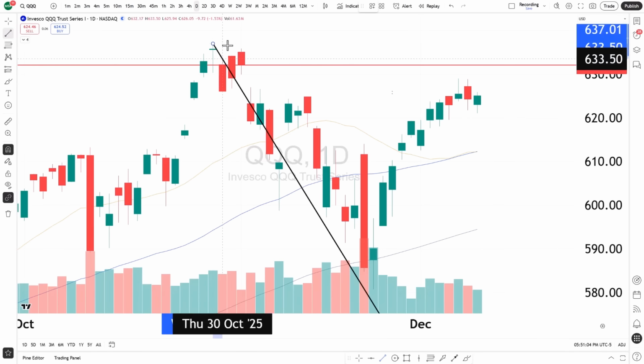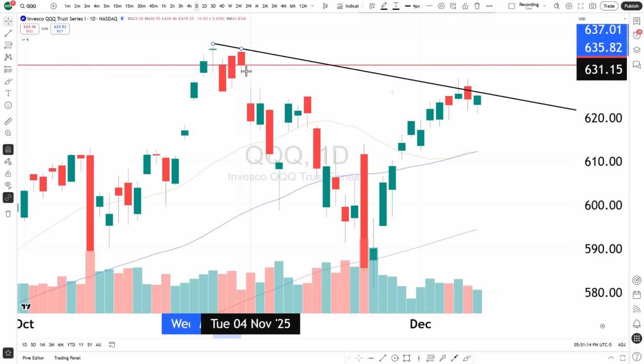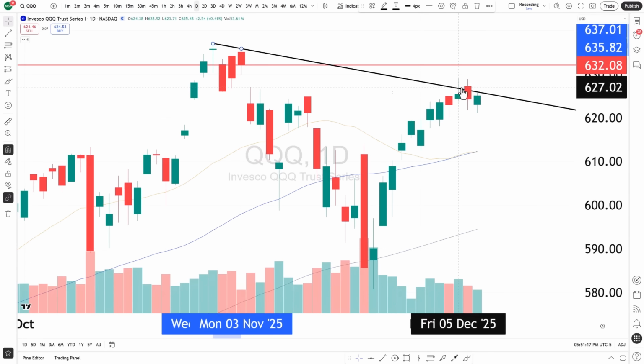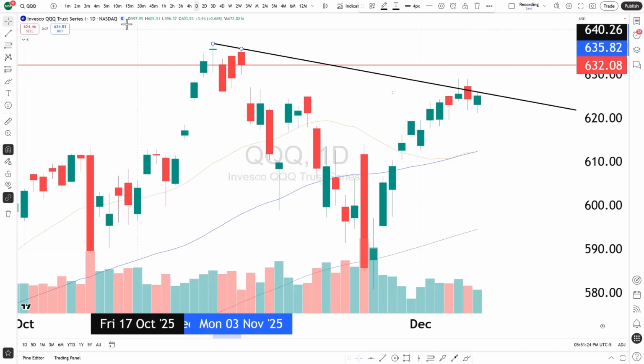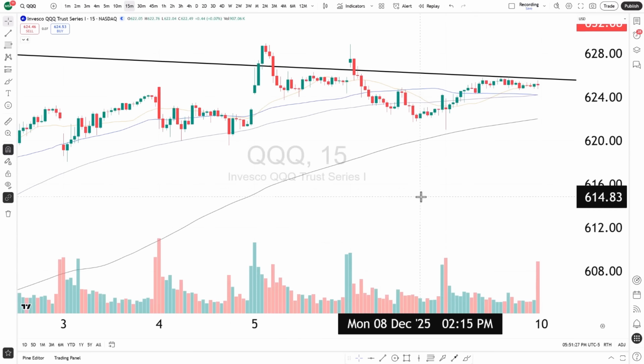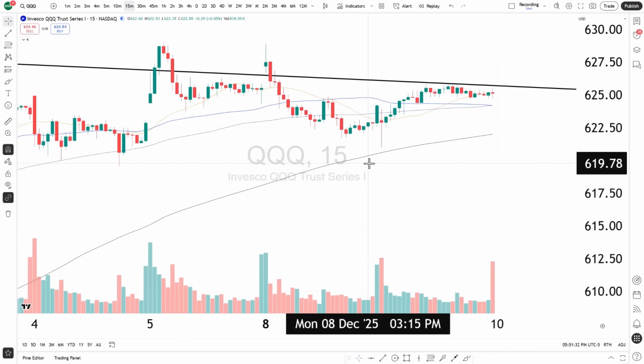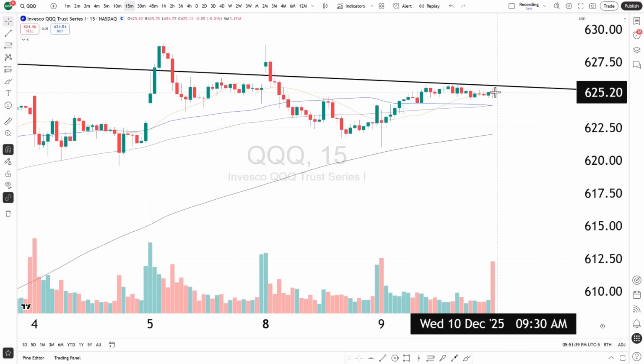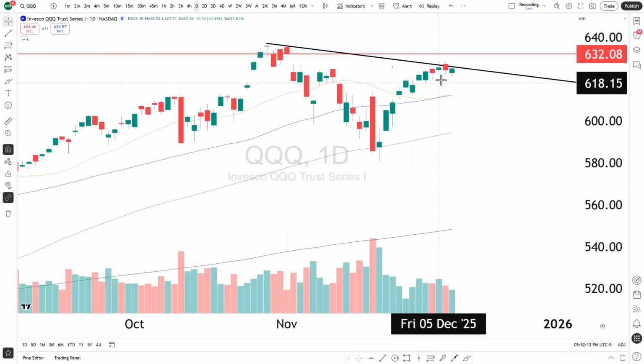Also, we could form a little trend line right here. And as you can see, we have been finding some overhead resistance near this trend line and still managing to close candles below. Just looking at this on a 15-minute time frame, that certainly has been overhead resistance. And we're pretty much heading in right at it, eating time off the clock towards the end of the day. So tomorrow will be very, very interesting. If we could close candles above and go to complete that unfinished business, or continuing to close candles below for another leg lower, and finally breaking out of this rising wedge pattern.